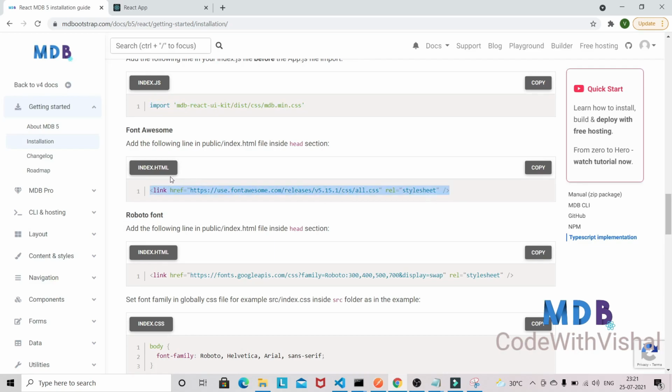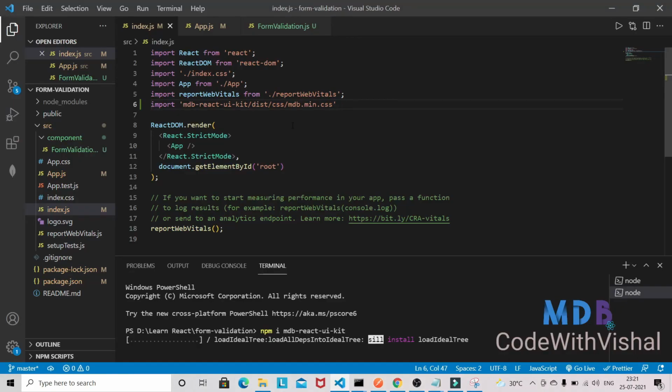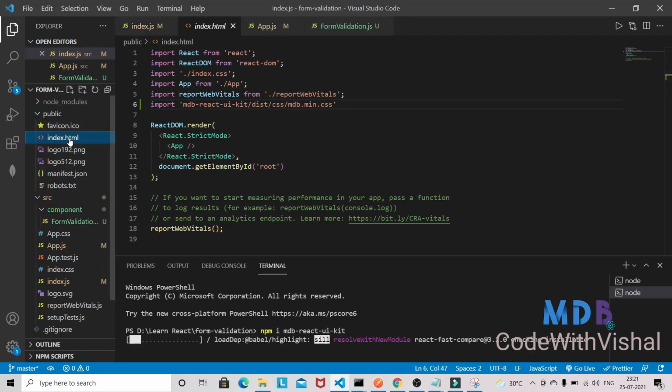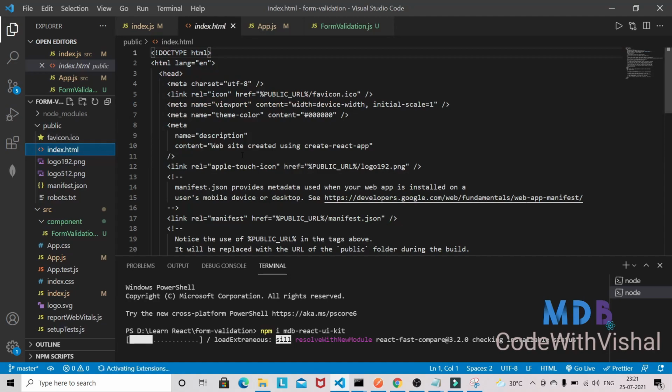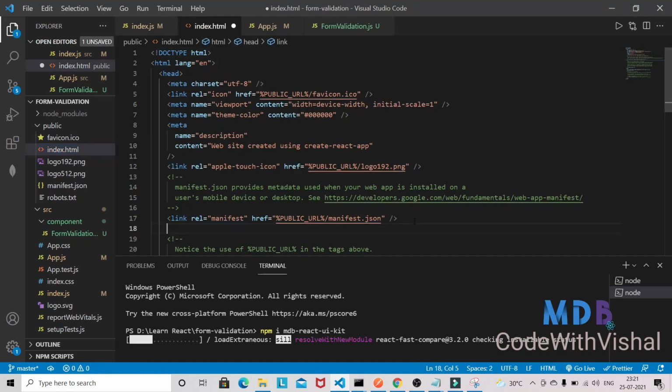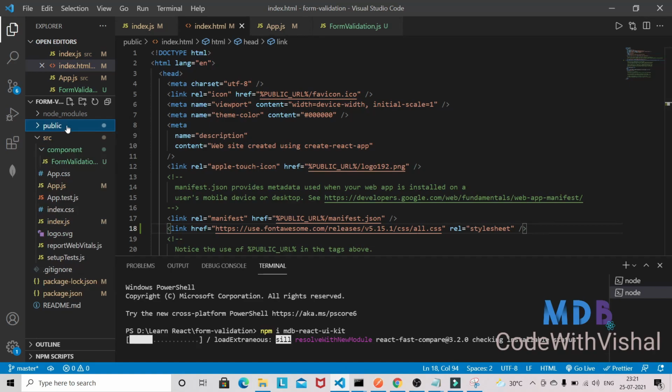So I'm going to use Font Awesome, you can just copy this one. In this video we are not going to use any icon, it's not required anyway. And in the index.html, just paste it here, this Font Awesome link, and we are done with the Bootstrap setup in our React application.